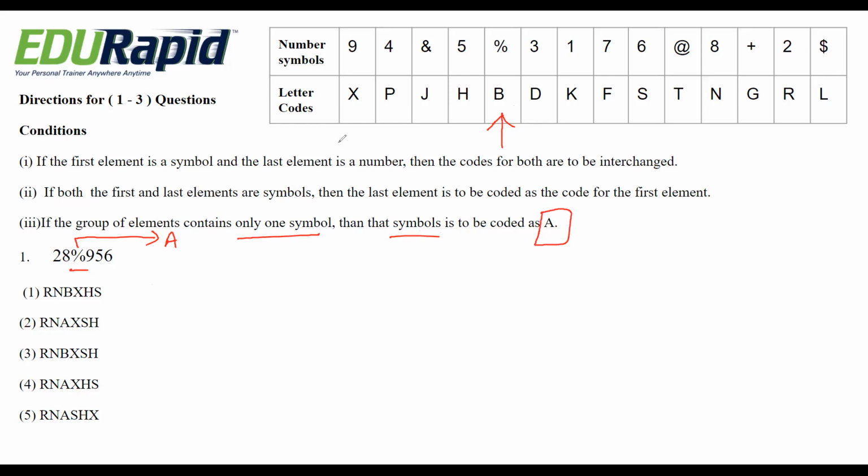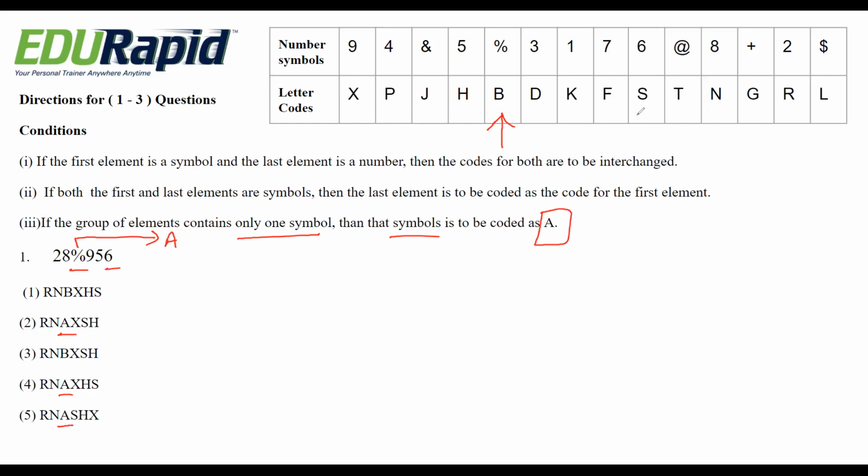That means we have to analyze this table and choose which one is the right answer. For percentage, it is A. Let me eliminate the options first. In option 2, the third element is A, and in the fourth one and fifth one, it is A. So here three options are eliminated, 1 and 3. And let me see the last one, 6.